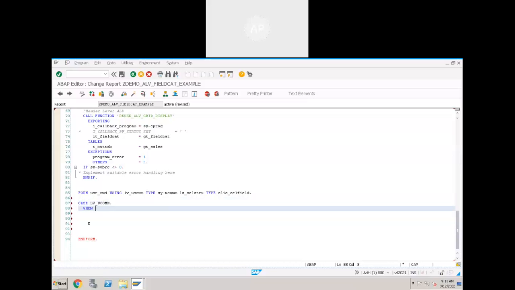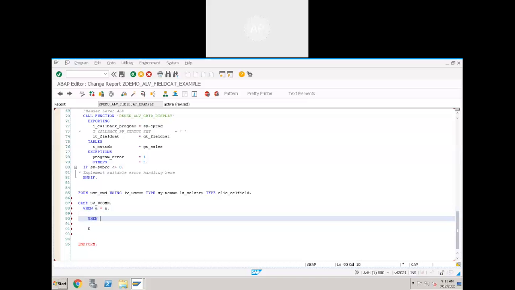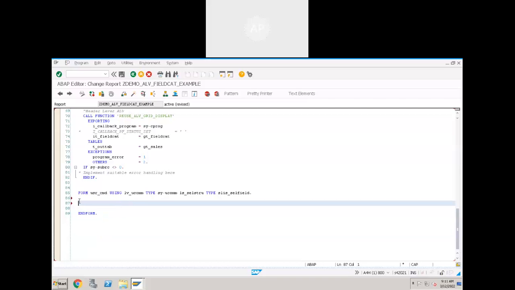Don't use conditions like A equal to A. If A equal to A, what should happen? When B equal to B. You should not implement this type of condition because both are true, right? A equal to A and B equal to B, both are true. You should not use conditions like that. Conditions should be unique. I've clearly explained when we use case statement and when we use if statement.